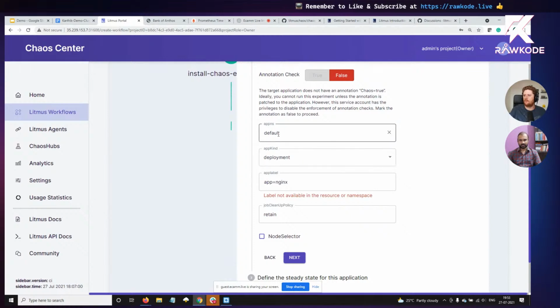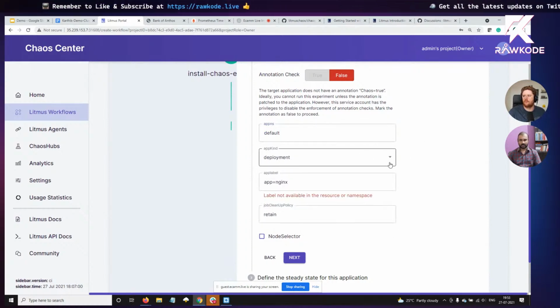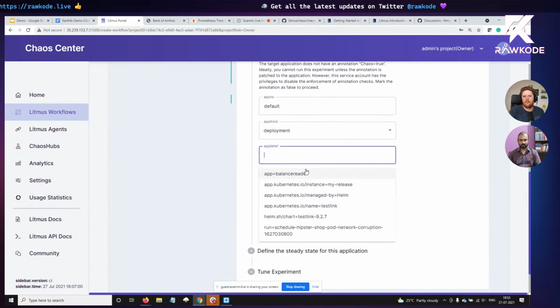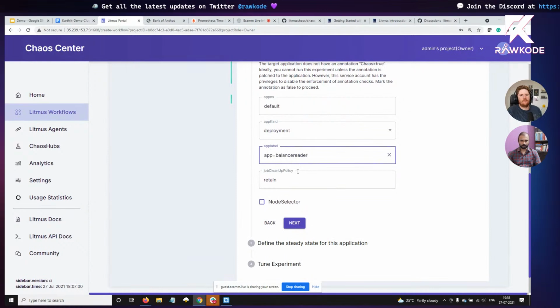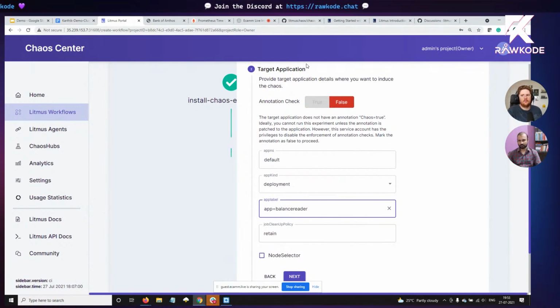So I'm looking at applications in the default namespace, which is where my Bank of Anthos resides. There are also other namespaces in the system, as you can see. And the balance reader is of kind deployment, and it has an application label called app equals balance reader. That's the one that I'm going to target. Annotation check here is a way to further filter applications, for increased blast radius control. If you have multiple applications that share a common label, because that's how you deployed them, and you are going to select just one of them for some reason,